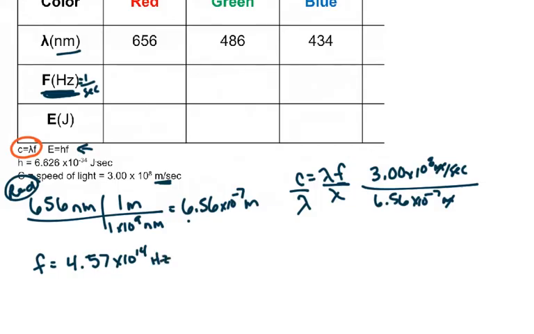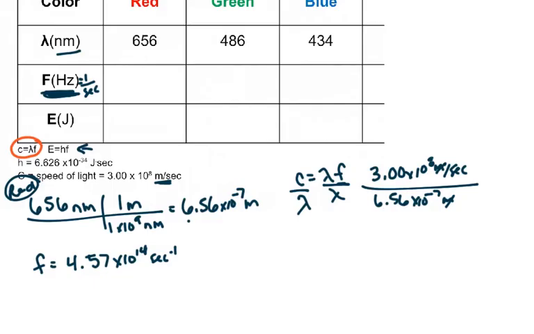Again, instead of writing hertz, I could write over seconds. Instead of writing over seconds, I could write seconds to the negative 1. So all of those units are acceptable, whichever one you want to write. The times 10 to the 14th is pretty common for frequency for a visible light range. So for all of these, you should be getting something times 10 to the 14th power. If you're not, you're putting it into your calculator wrong, and if that's the case, please let me know,